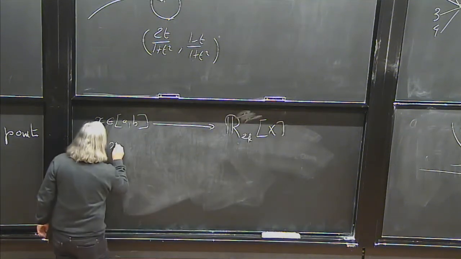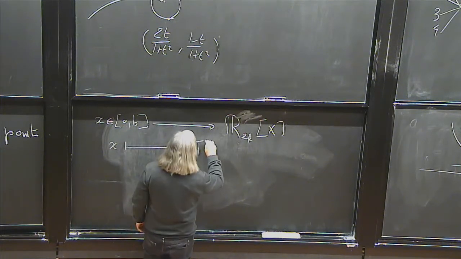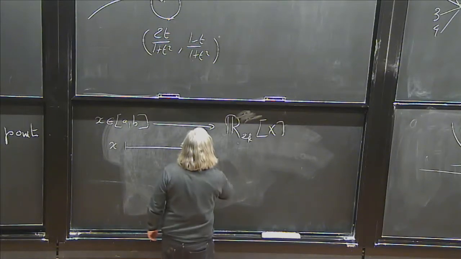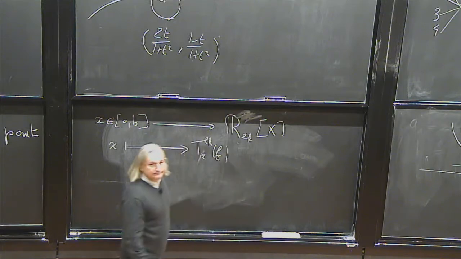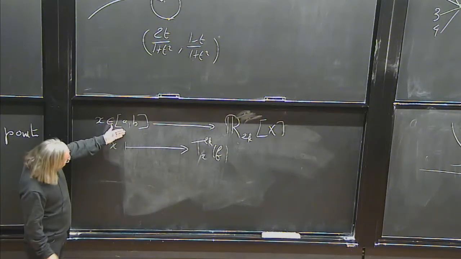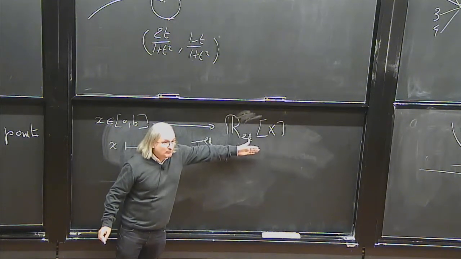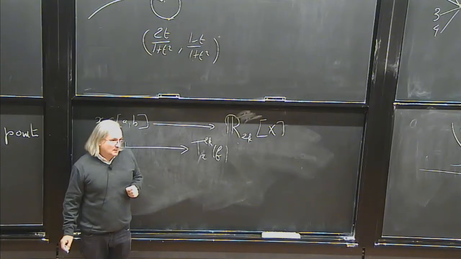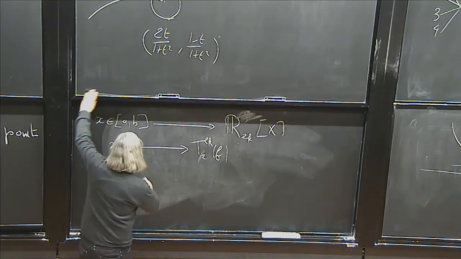Mapping each x to the Taylor polynomial of degree 2k at x of f. So it's a map from an interval to the vector space of polynomials of degree 2k. So I should be able to compute the derivative of this map. Okay, let's compute the derivative. If you remember correctly,